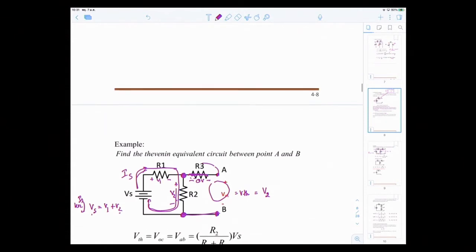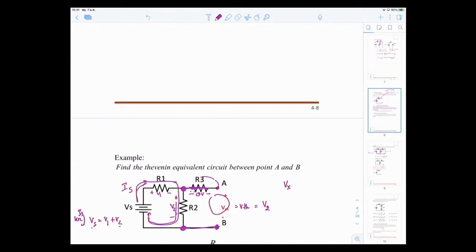The formula for the voltage divider is Vx equal to Rx over R total times Vs. Therefore, V2 would be equal to R2 divided by R total, times Vs, since V2 came out of Vs. R total is the total resistance that Vs has to give to, divided into which R's.